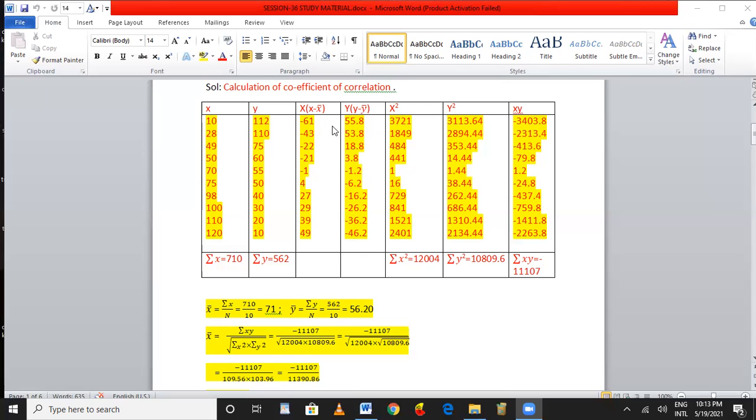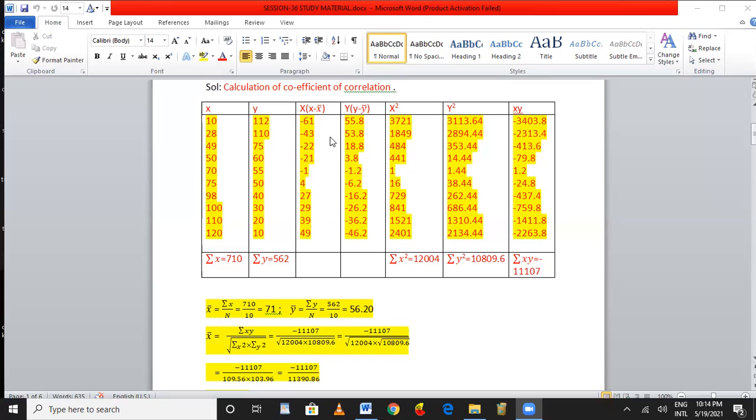Minus 61 into minus 61, 3721. Minus 43 into minus 43, 1849. Minus 22 into minus 22, 484. Minus 21 into minus 21, 441. Minus 1 into minus 1, 1. 4 into 4, 16. 27 into 27, 729. 29 into 29, 841. 39 into 39, 1521. 49 into 49, 2401. Now y square, the deviations taken from Y bar: 55.8 into 55.8,